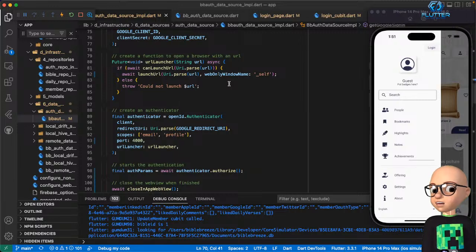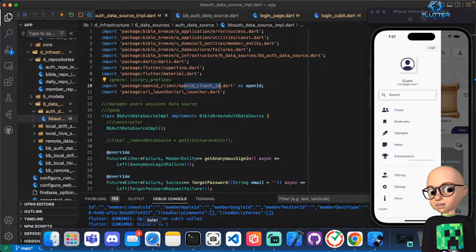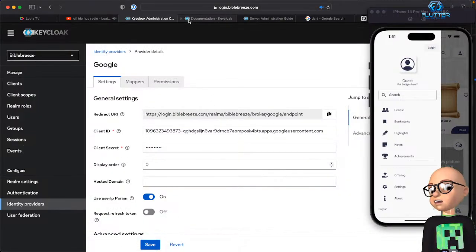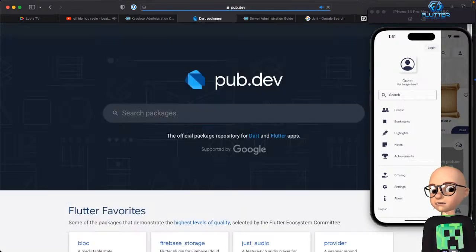It does all the behind the scenes stuff you have to do to talk directly. It does the JSON for you, the token transfer, the token exchange. So you don't have to write all these classes because they're already written. And they're written in this package here, OpenID client, which comes from pub.dev. Pub.dev is the definitive place to go